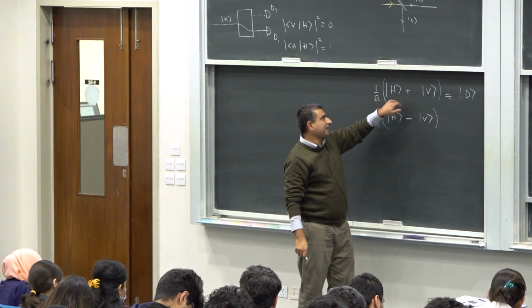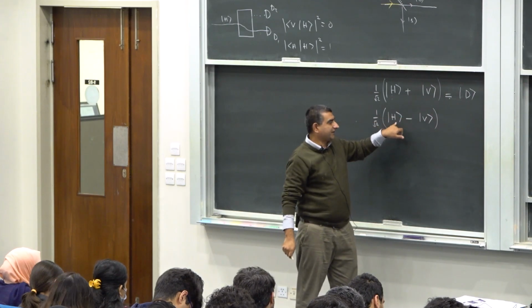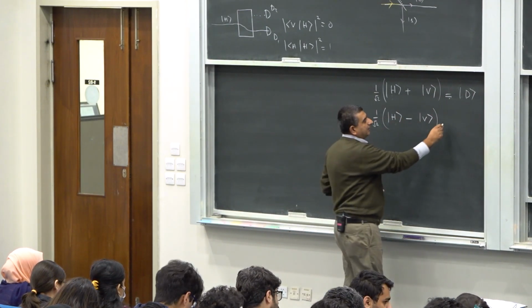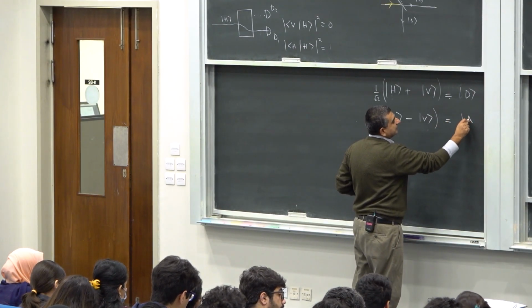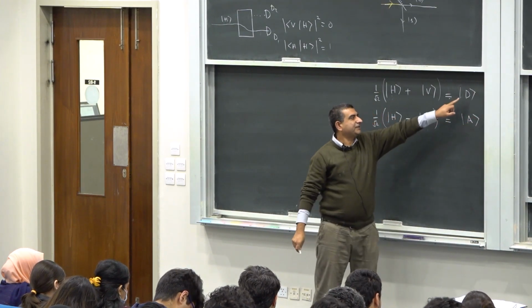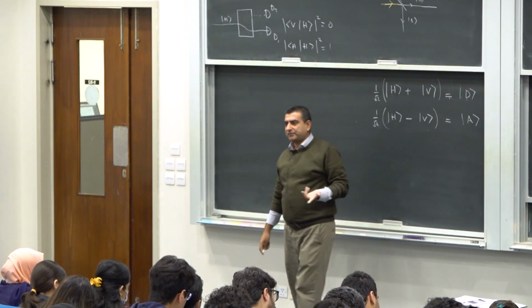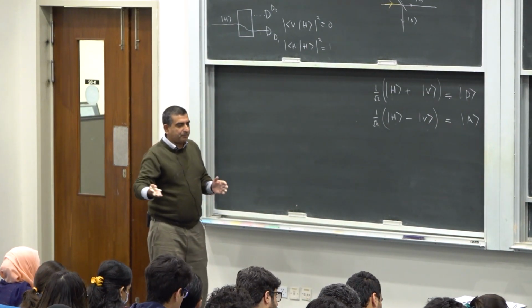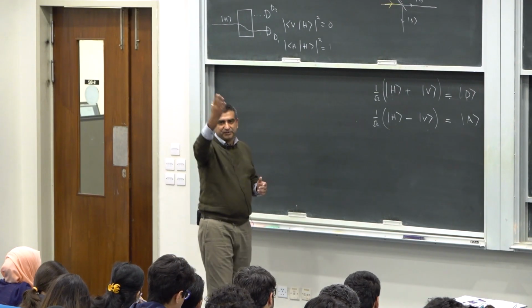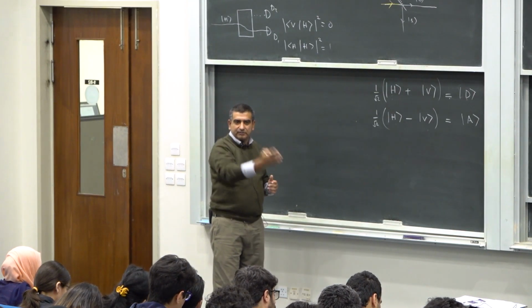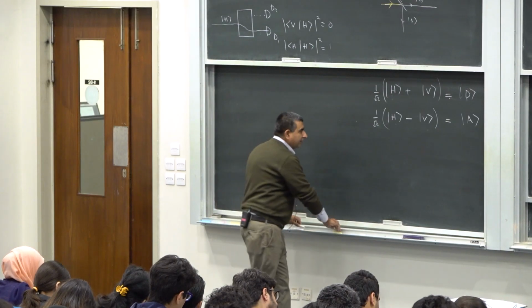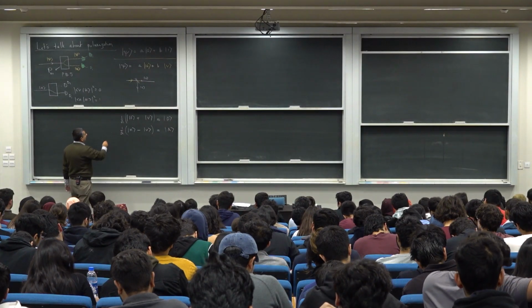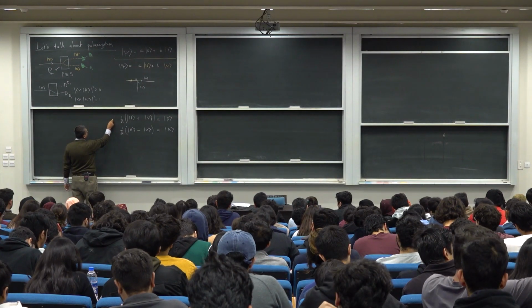Just see the resemblance with ket 0 plus ket 1, ket 0 minus ket 1 is the same thing, just different labels. This is sometimes given the symbol A. D stands for diagonal, A stands for anti-diagonal, because in a diagonal polarization, the polarization is at 45 degrees with respect to horizontal. Okay? So if I were just to draw a cartoon of the diagonal polarized state, this is what I could